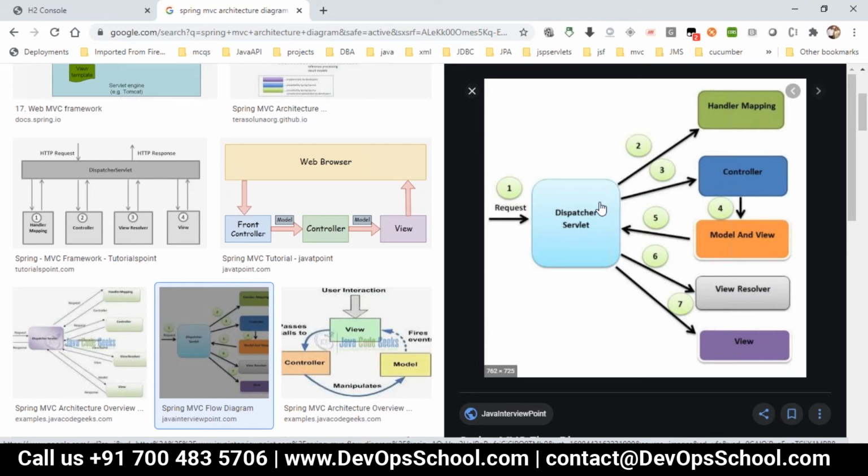So that is basically the front controller design pattern. The front controller will be a single handler for all kinds of requests coming to the web application. The dispatcher servlet will do two jobs: dispatching a request and view resolving.